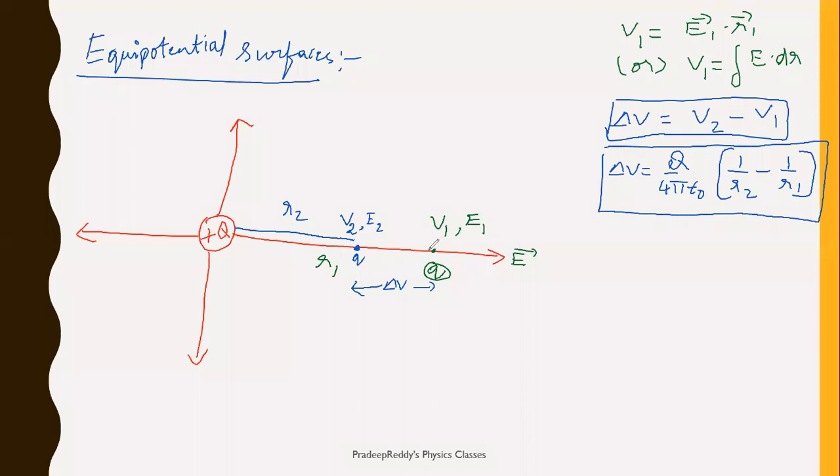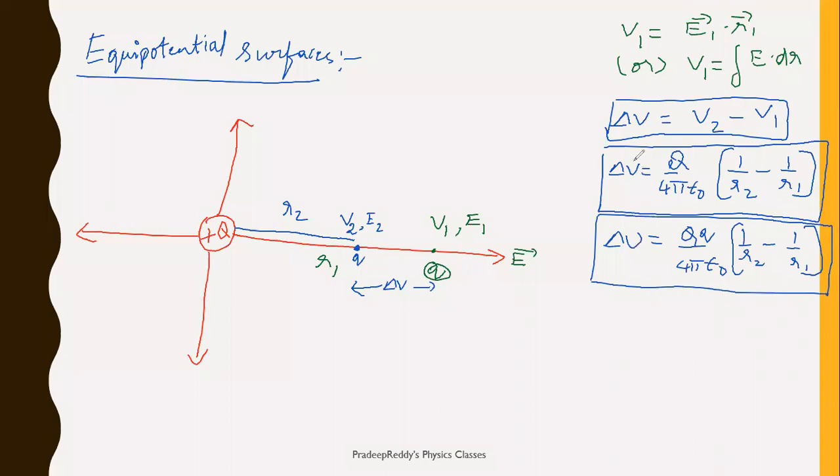Similarly, electric potential energy and electric force can be related here, and the electric potential energy difference, that means delta U, can also be written as capital Q small q divided by 4 pi epsilon naught into 1 by R2 minus 1 by R1. This is the potential energy difference. This is one more relation. You will be using all these things in the coming classes. That's the reason why I'm explaining. So delta U is the potential energy difference, and delta V is just the potential difference.